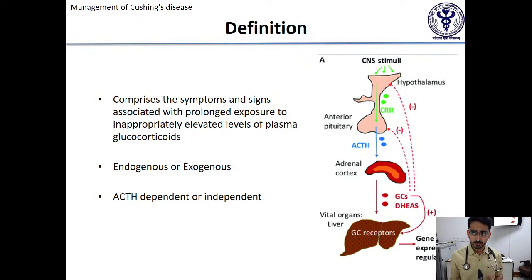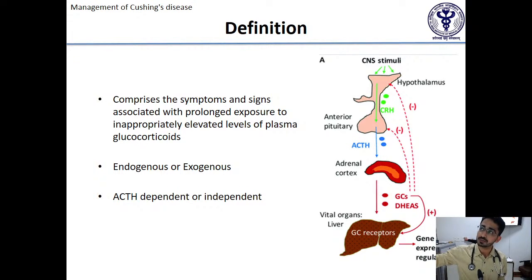This glucocorticoid excess can be either endogenous or exogenous, depending on whether it is taken from outside or produced inside. And if it is endogenous, then it can be ACTH dependent or independent. I would like to take you to the diagram that we have, to show the hypothalamic pituitary adrenal axis and how we utilize the positive and negative feedbacks while evaluating a patient of